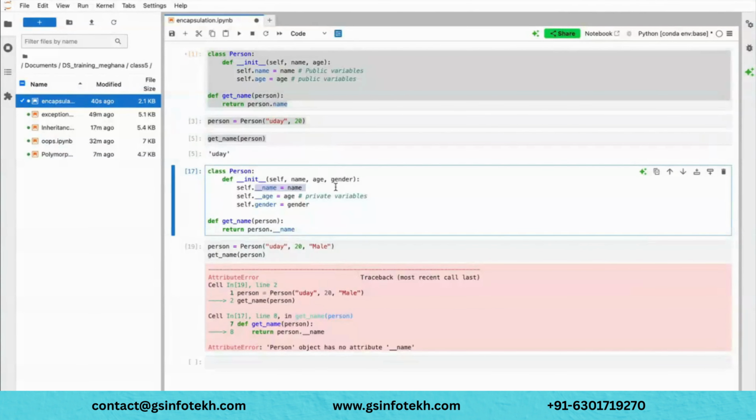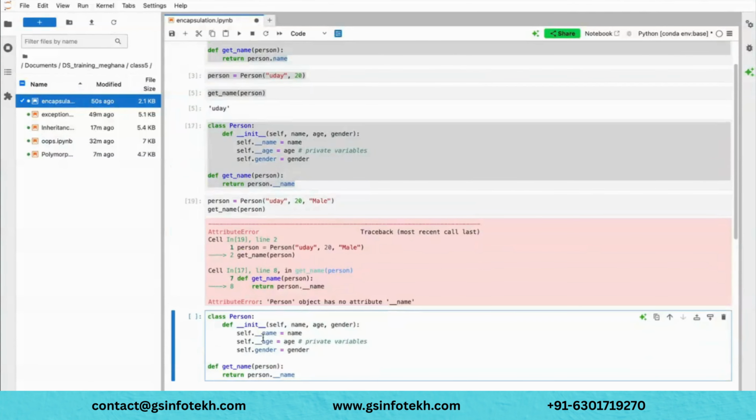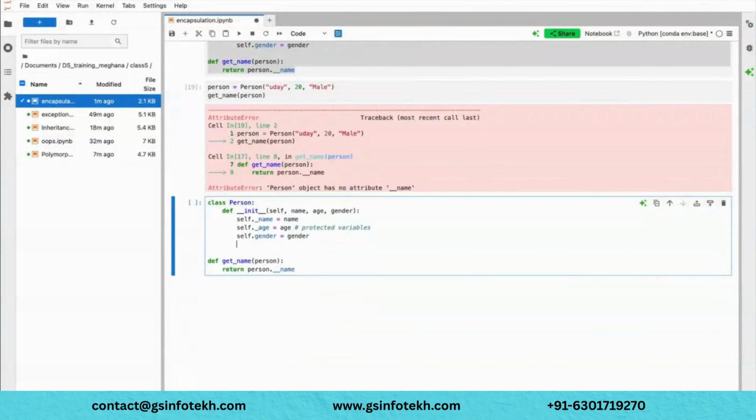Okay. So now there's another thing called protected variables. What are protected variables? Protected variables are in a similar way, but for slightly less sensitive values. Those you can give to only specific people or a specific functionality. So those are called protected. You can keep a single underscore here. Protected means single underscore. Double underscore is nothing but private. Let's say this is the most important personal information. Maybe some other modules only you want to provide. So for that, how do you access it?